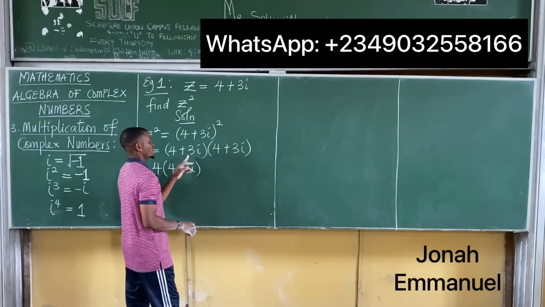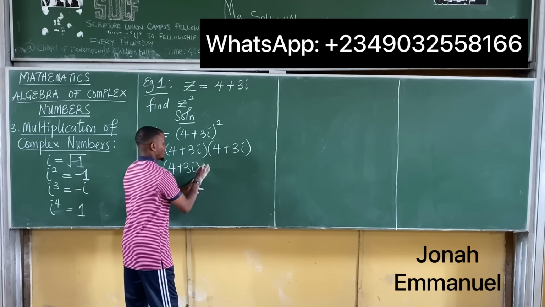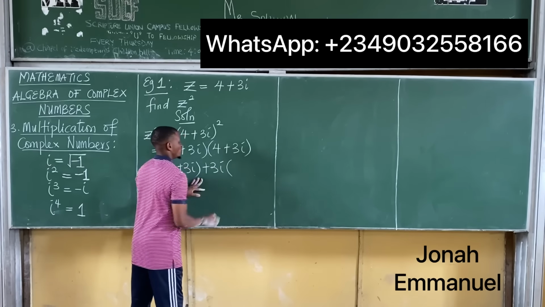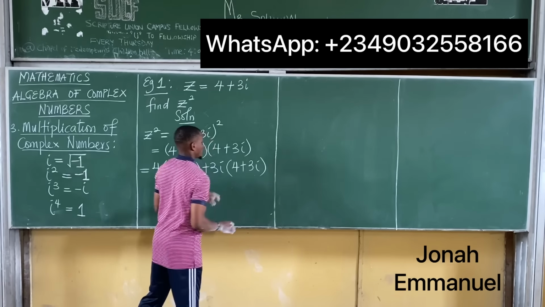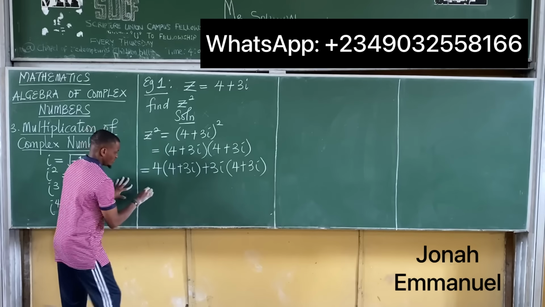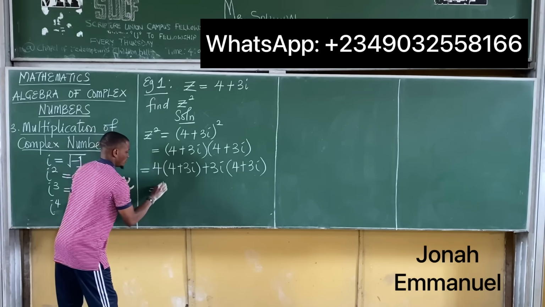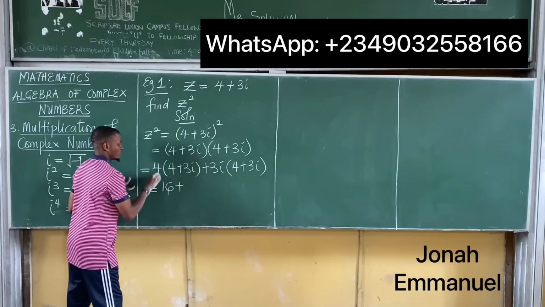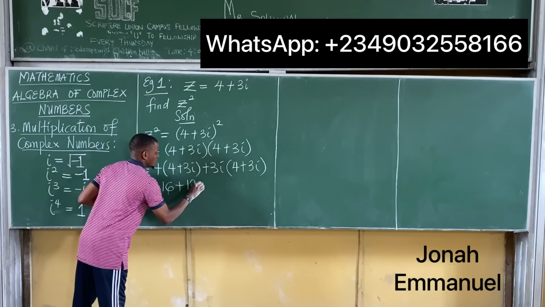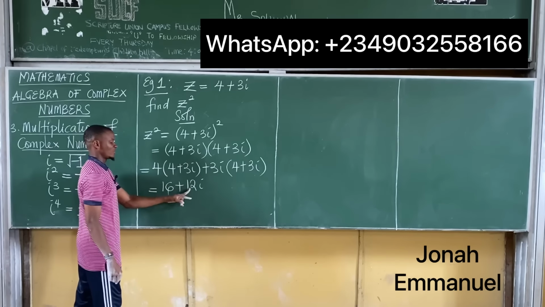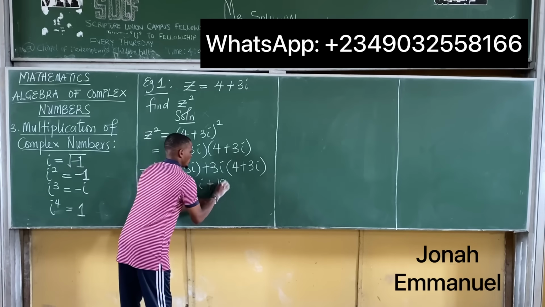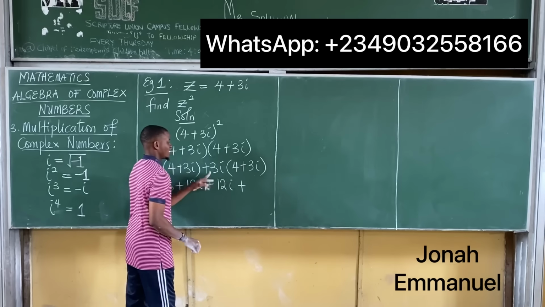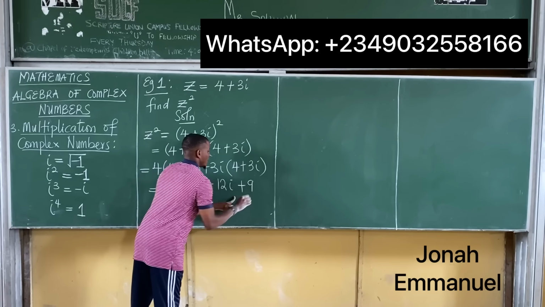Then use the second term in the first bracket, plus 3i, multiply everything in the second bracket, 4 plus 3i. All right, that's equal to 4 times 4, 16, plus 4 times 3i is 12i, plus 3 times 4 is 12i, plus 3 times 3 is 9,